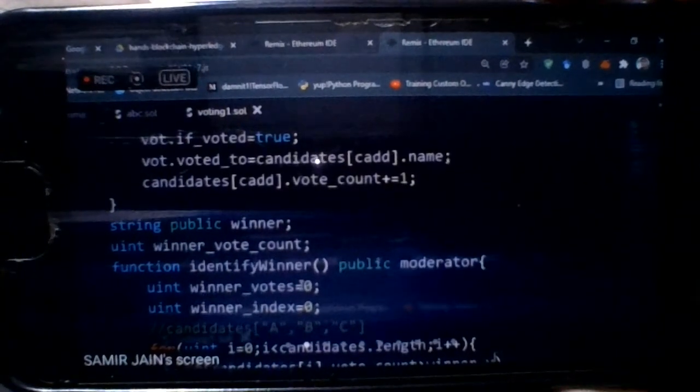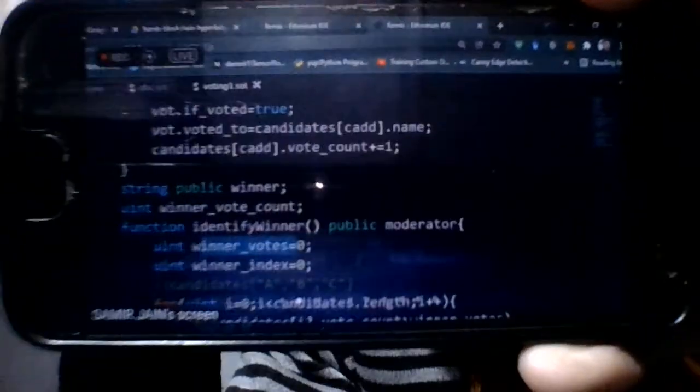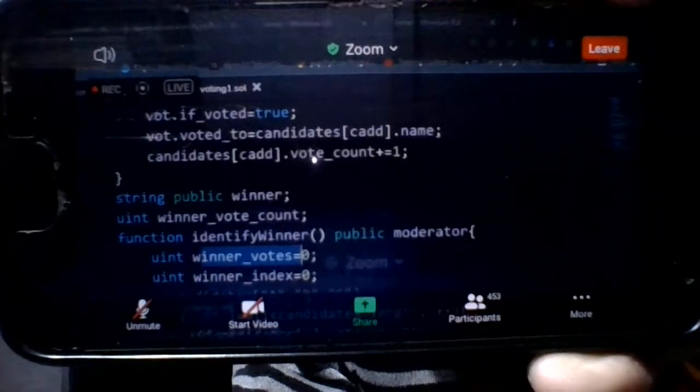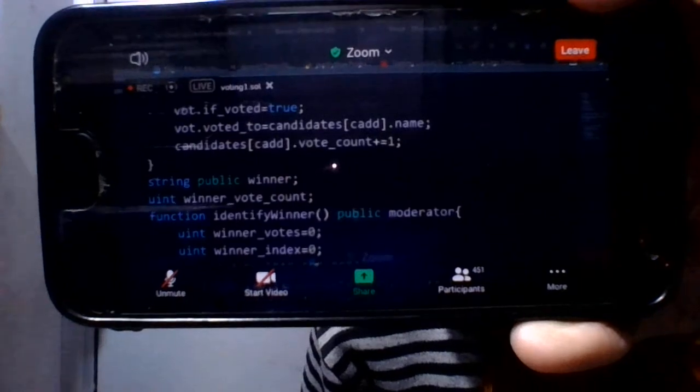So initially winner votes are 0. Suppose the first person has more votes than winner votes, then the first person will be temporarily considered the winner. Then our loop will move further, and I will be here. Then I will have value 1.